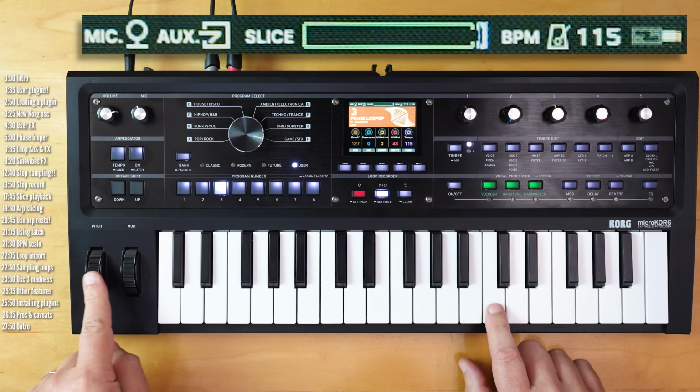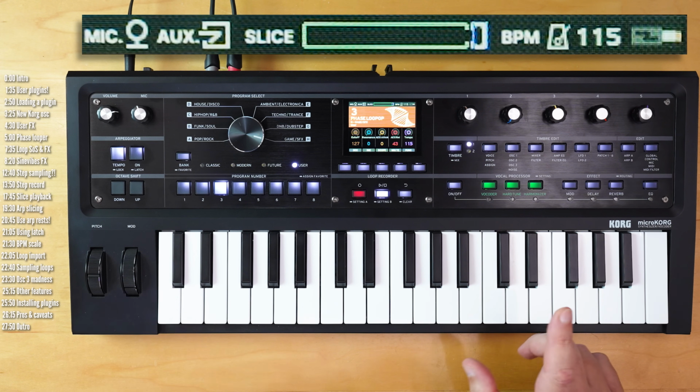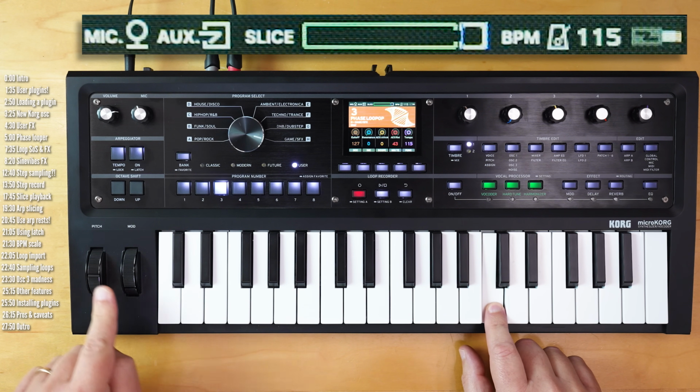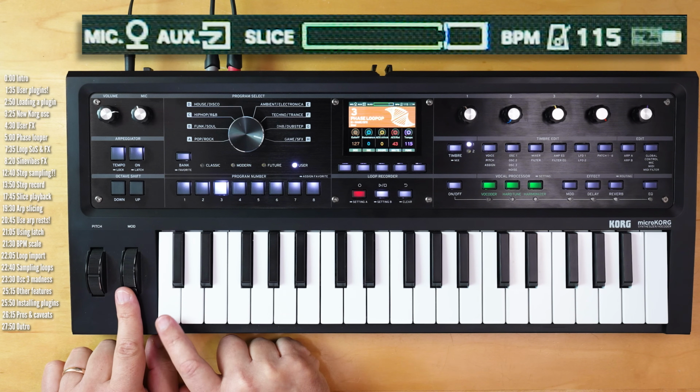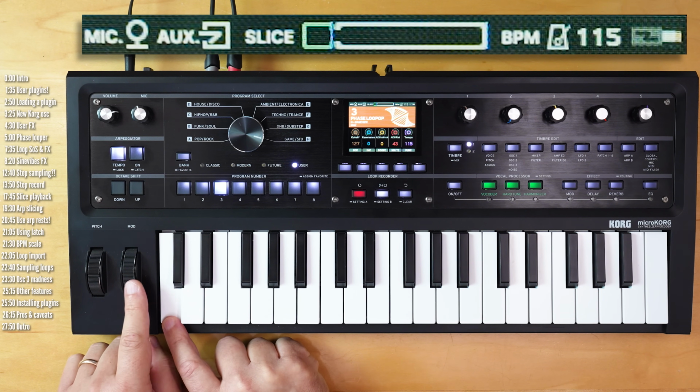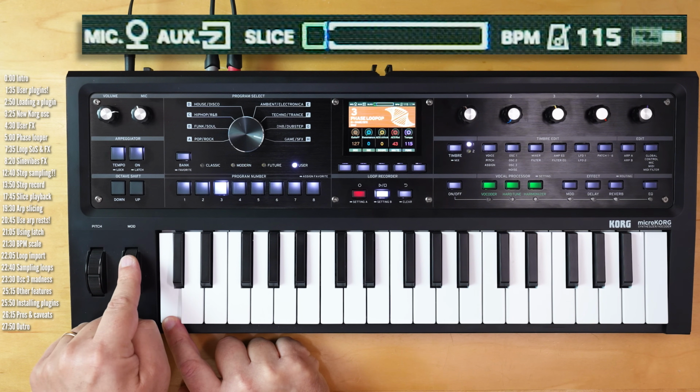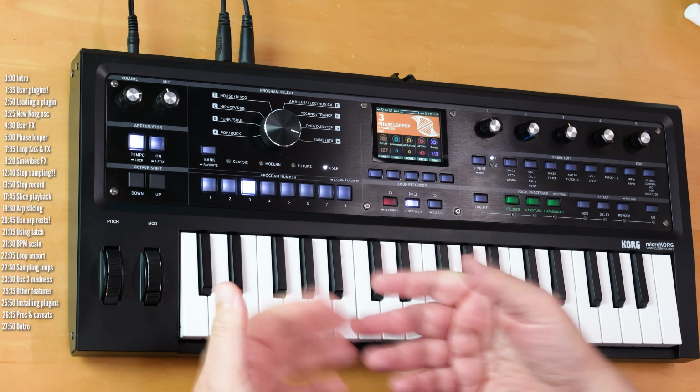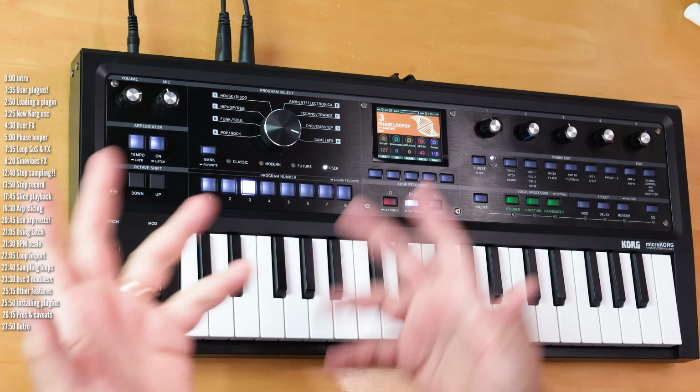The pitch bend wheel still works, so you can do cool things like this. And the mod wheel reverses sample playback, and you can do this mid-playback. So this lets you play around with the original sample and play it in a different order. Let's say, for example,